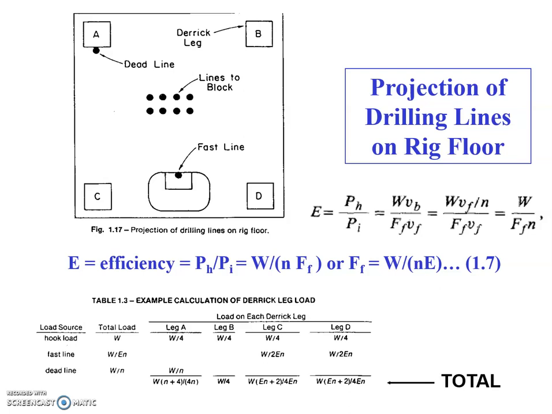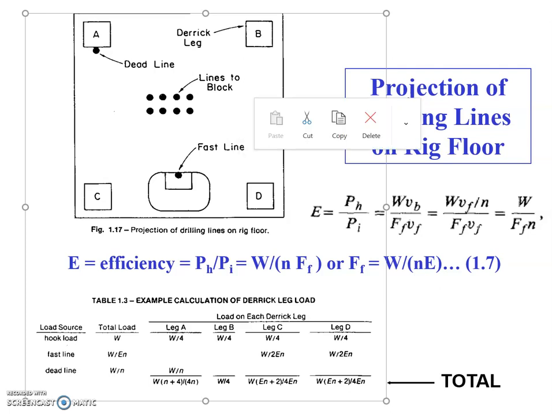Hello everyone. We were talking about the block and tackle system, and in this video we are going to talk about the force distribution over four legs of the derrick. You can see that in the middle we have the crown block and traveling block, and the lines basically to the block, and then the fast line is attached to the drawworks, and the drawworks is